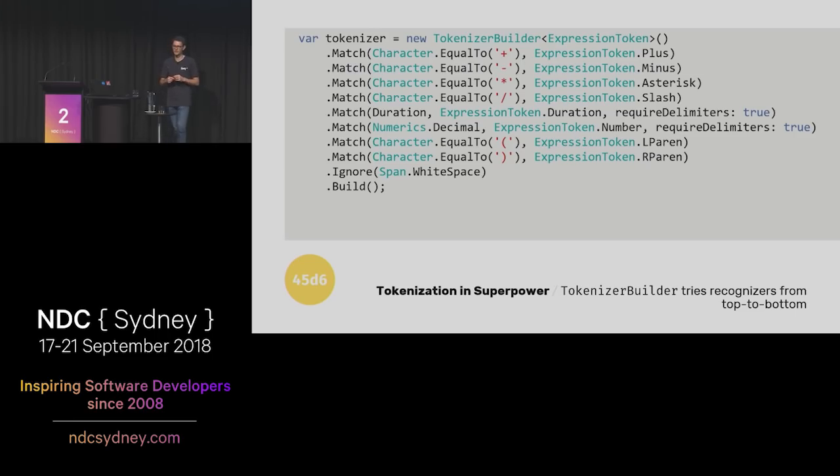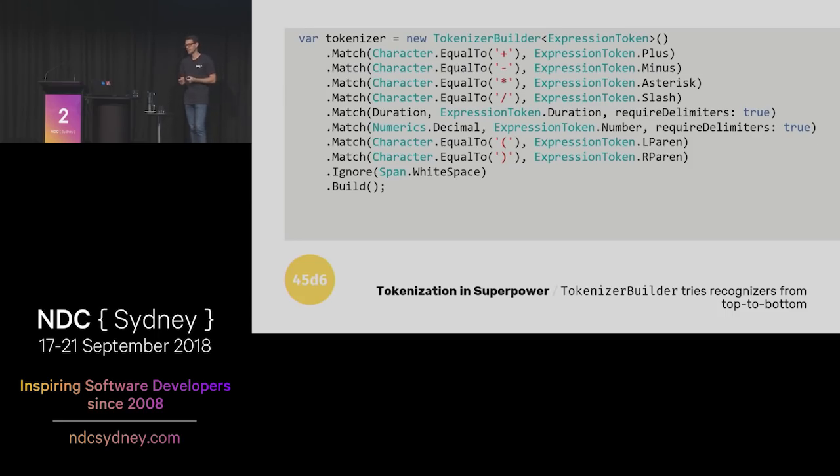Again, we've got a little bit of ordering and ambiguity to deal with, and at the end we have Span.WhiteSpace to discard all of the stuff that we want to ignore. You'll see duration is tucked in there, and that duration is not from the library of parsers that Superpower provides. It's just the text parser that we wrote that turns durations into time spans. It doesn't matter what kind of output the parser produces to use it in a tokenizer like this. So you can build tokenizers really quickly.